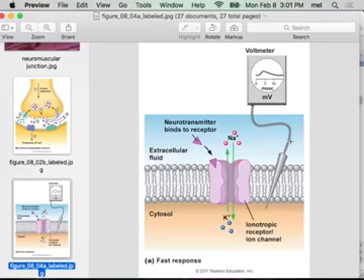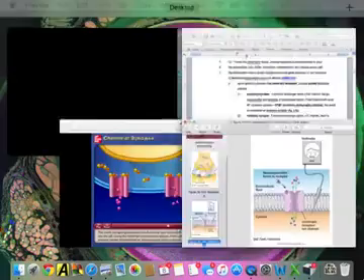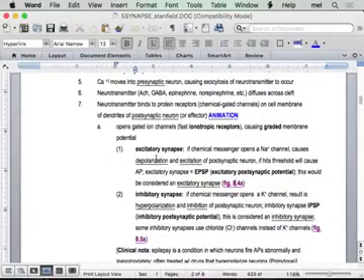Everybody with me so far? If you had to choose, would you say that depolarization would represent excitation or inhibition of the postsynaptic cell? Meaning, am I getting closer to or further away from an action potential? Closer to, choose the word. Excitation, exactly. So what I'm doing if I bind to and open chemical-gated sodium channels is I am actually causing